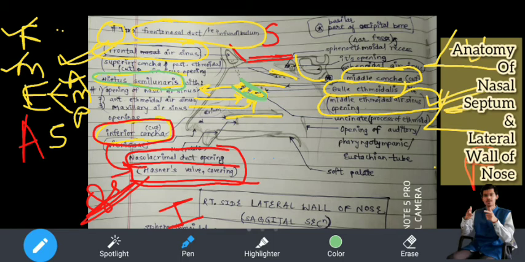This green colored structure is nothing but hiatus semilunaris. Hiatus means what? Opening. Semilunaris means what? Semilunar, मतलब चंद्राकार के शेप में. तो ये ओपनिंग कैसा है? चंद्राकार के शेप में ना ऐसे. Can you see smiley shape? These openings are there. So that is why it is hiatus semilunaris.